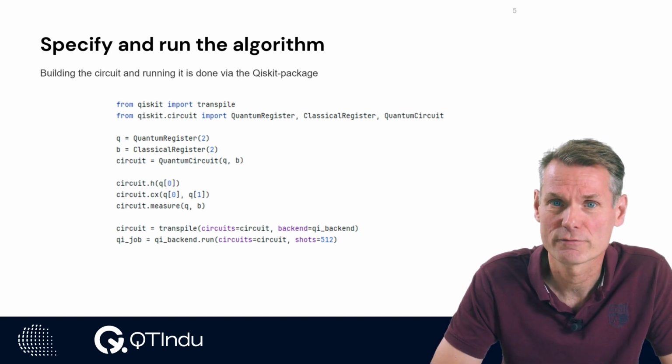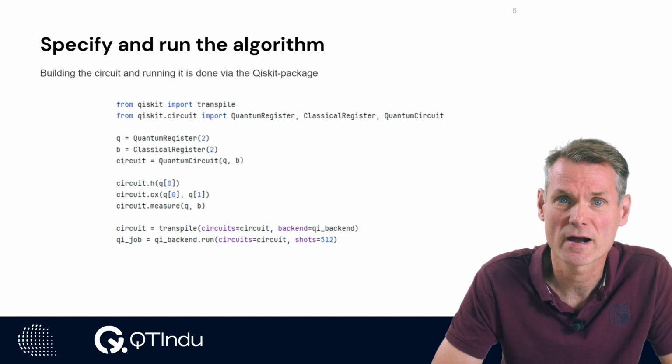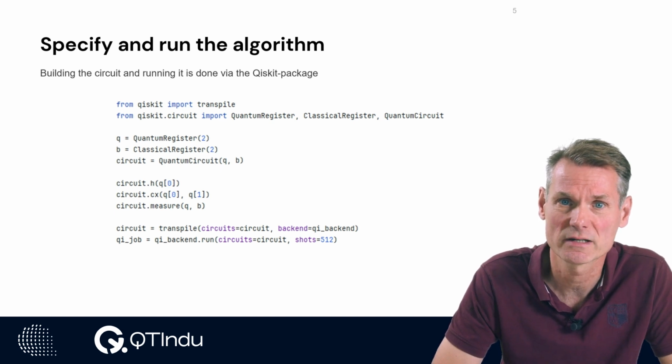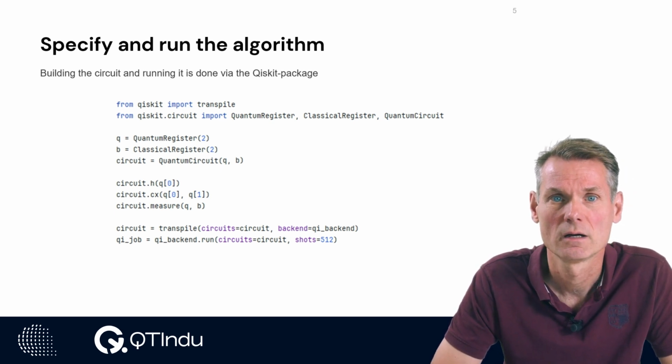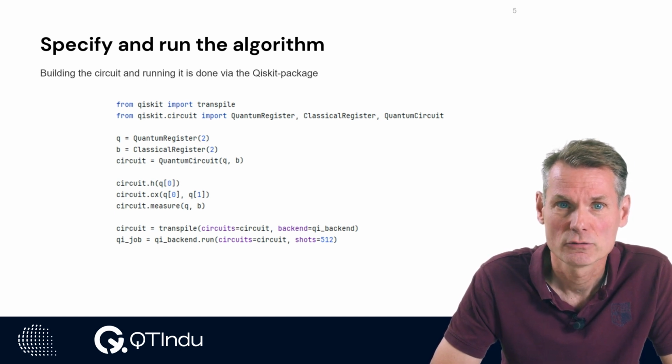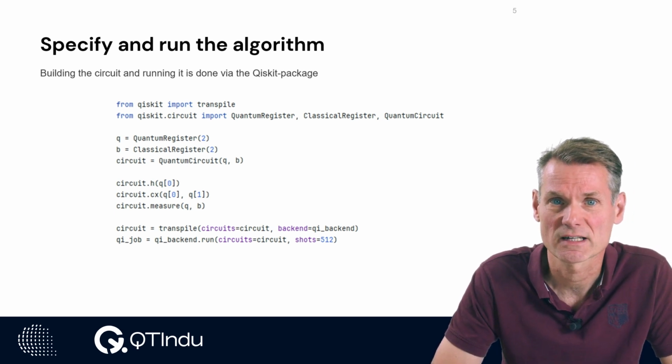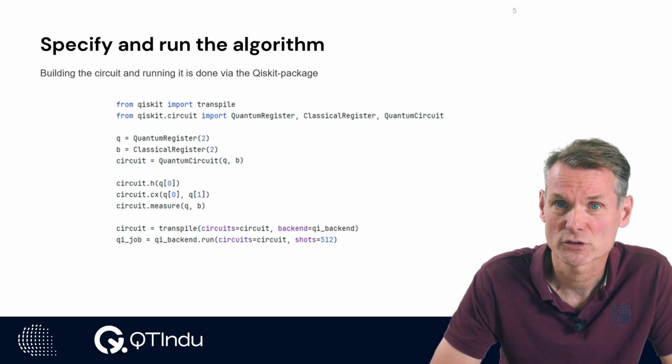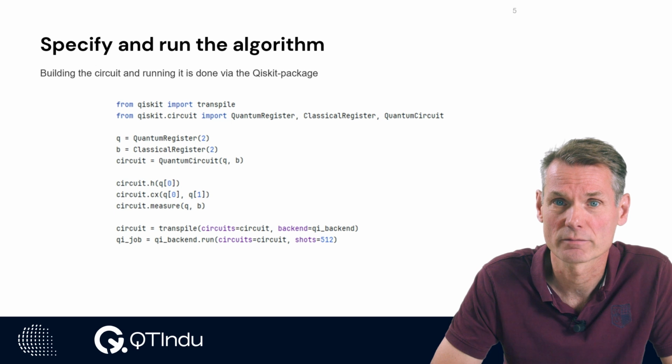To execute the circuit, we first transpile the circuit to rewrite it to match the possibilities of the backend. The transpile function may rewrite or decompose certain gates used in the circuit to use only gates that are supported by the backend. Also for hardware backends, possible topology issues are handled.